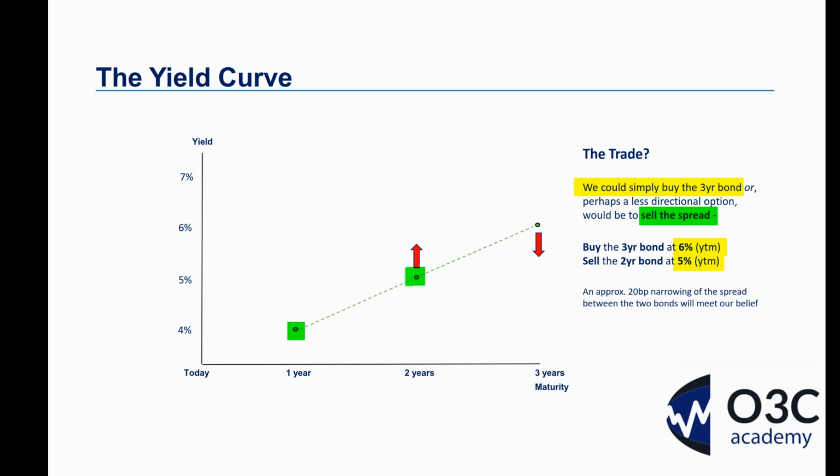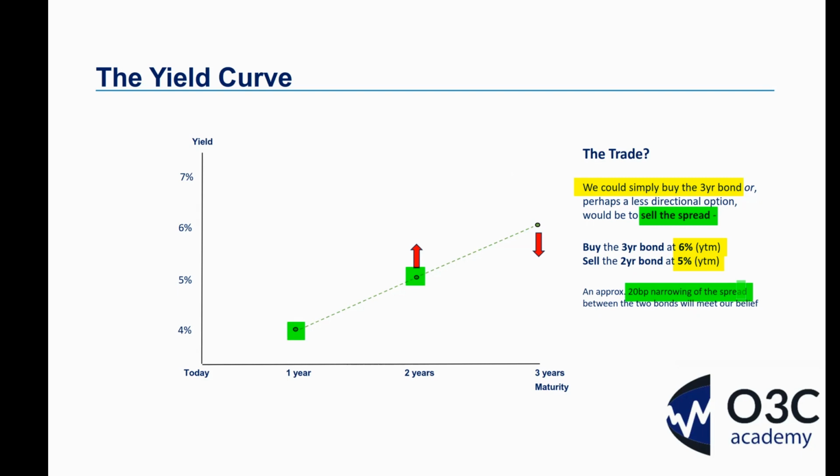that. We think the 3-year bond is relatively cheap to the 2-year bond, so just buy it. Hold it until maturity. We have no other thing to worry about. But as I'm going to prove to you again, back on the Excel spreadsheet, we just have to see a change, a narrowing of this spread of roughly 20 basis points. I'll prove it to you on the spreadsheet between those two bonds, and all of a sudden, our belief will